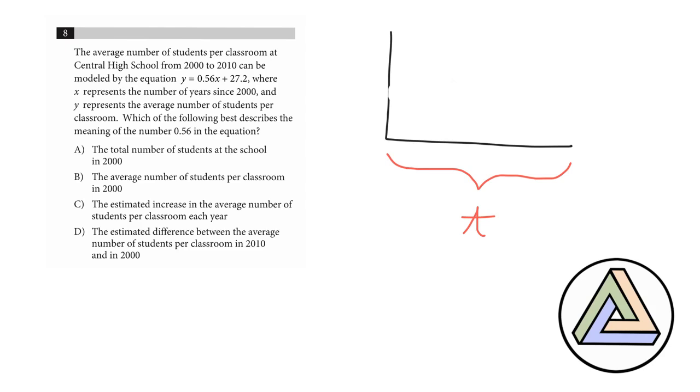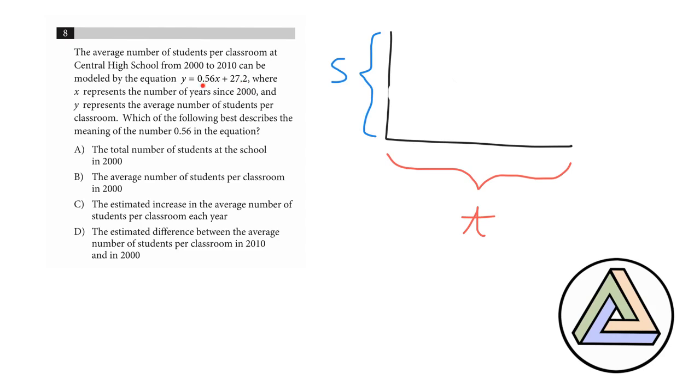All right, so then it's like years since 2000. So this is going to be time. This is going to be years since 2000. And Y represents the average number of students per classroom. So over here, I'm going to just write S for students per classroom. Now, apparently, if I was to graph this, it would be like